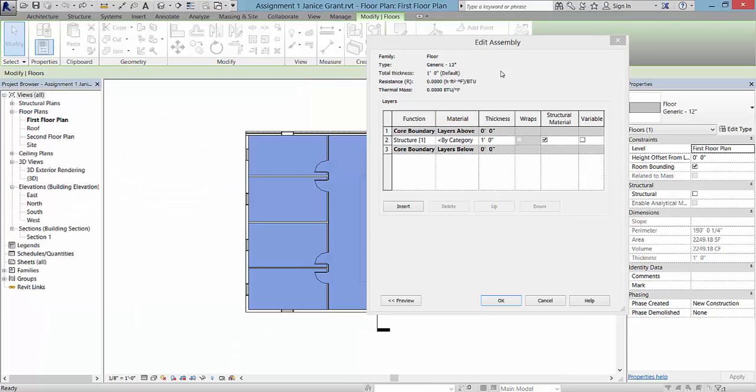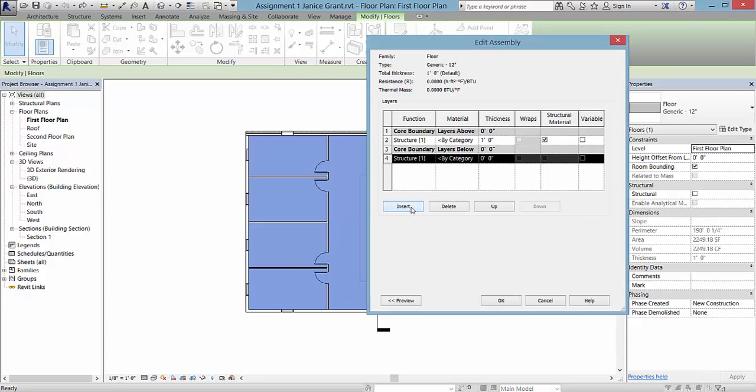So to recap what we just did, you can pick the Insert button and then with that layer highlighted, pick the Up button a few times to move it up to the top. Then under Structure 1, click to use this drop down under Function to change it to Finish 1. And now you're changing the Finish 1 material